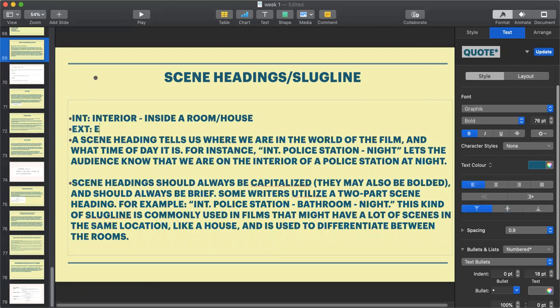Ext means exterior, which is outside, on a road or any kind of outside location, right? Why is it important to mention interior and exterior? In every single script you will see that it is mentioned as interior or exterior. It is because